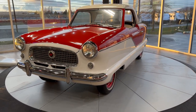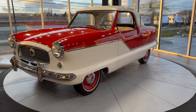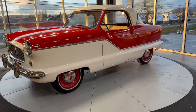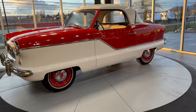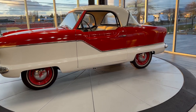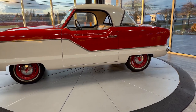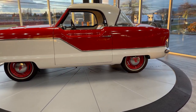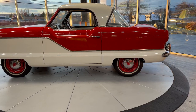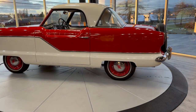Anyway, this is a good looking little car. It runs and drives great. Andrew's driven it more than I have, and I think he thinks it just runs just fine. It's all stock,